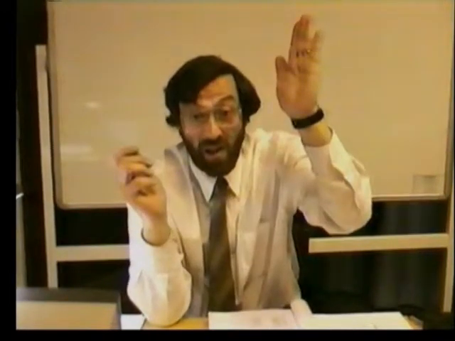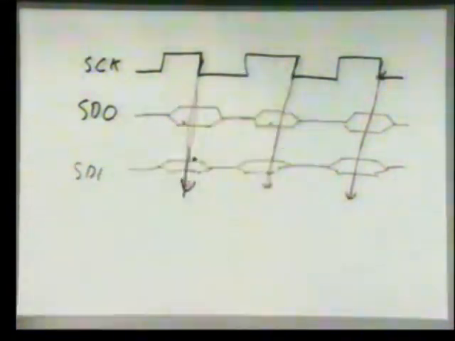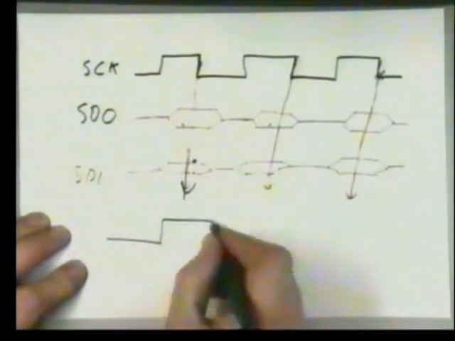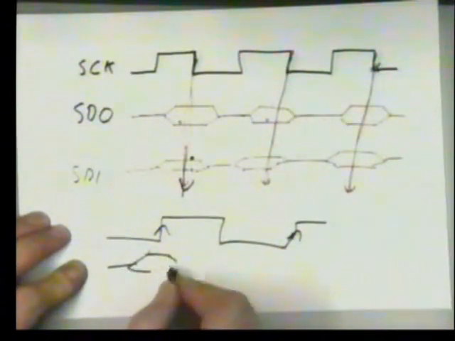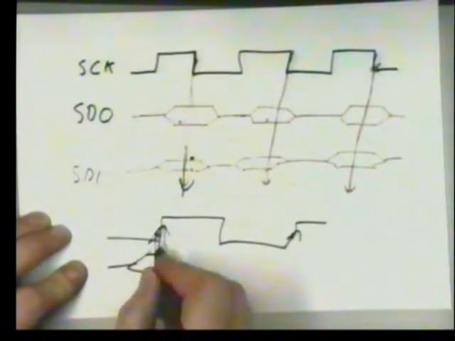Unfortunately, some other manufacturers have decided to do it the other way up. So be very careful. You may come across SPI standards where in fact it's the rising edge of the clock that the data is clocked in, and the only way you can be sure is by reading the data sheets. Now most manufacturers are now standardizing around the falling edge technique, but unfortunately there are some others that are still